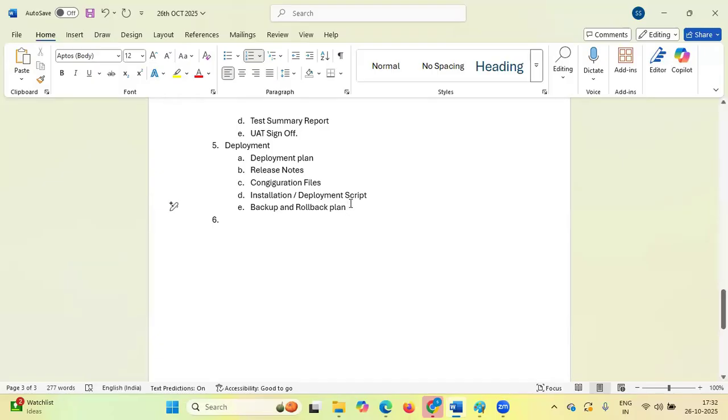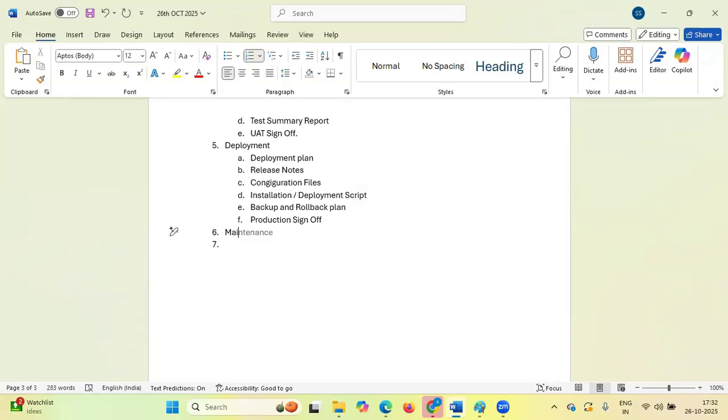These are the main deliverables of the deployment phase, in which DevOps engineers are also involved nowadays. And production sign off, this is very important. Okay. And next is what?